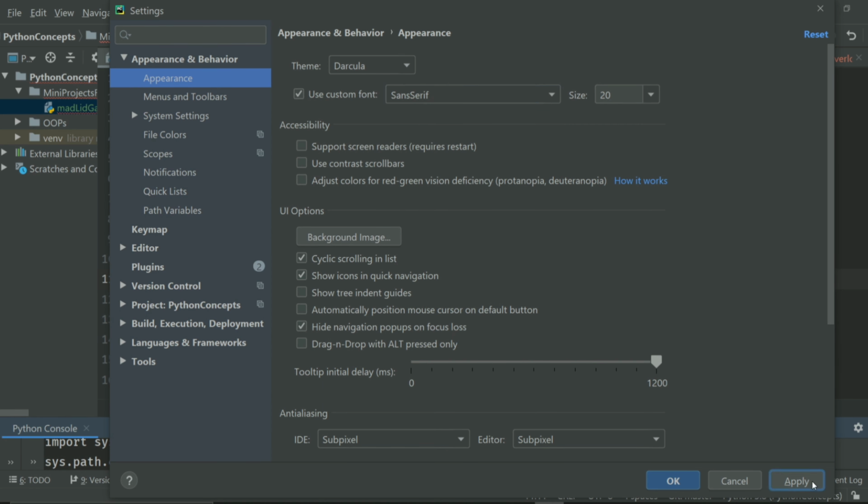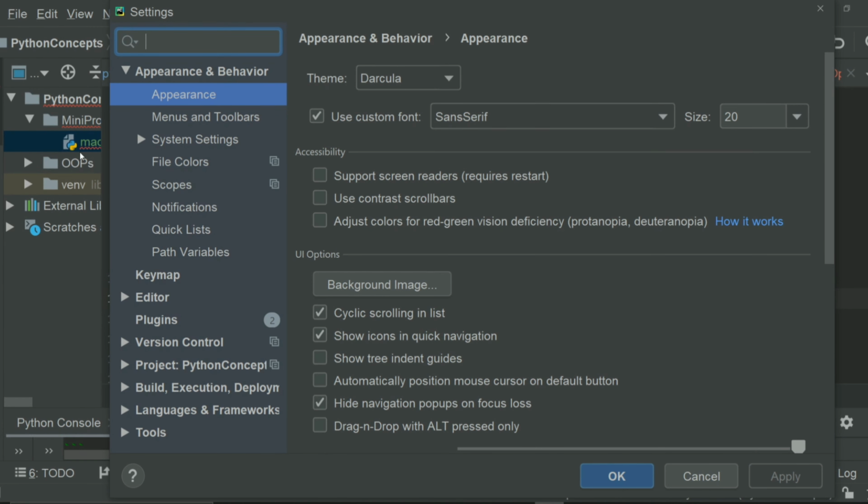As soon as you apply, you will see the entire application size as well as the font has been changed. So based on your need, you can increase or change the font in PyCharm